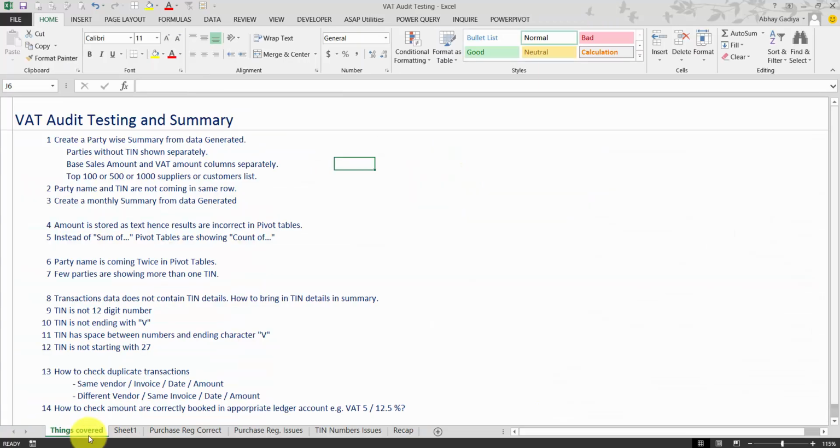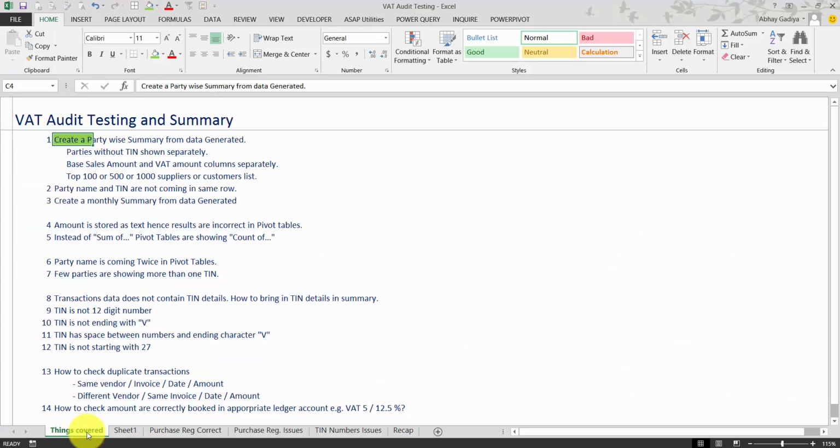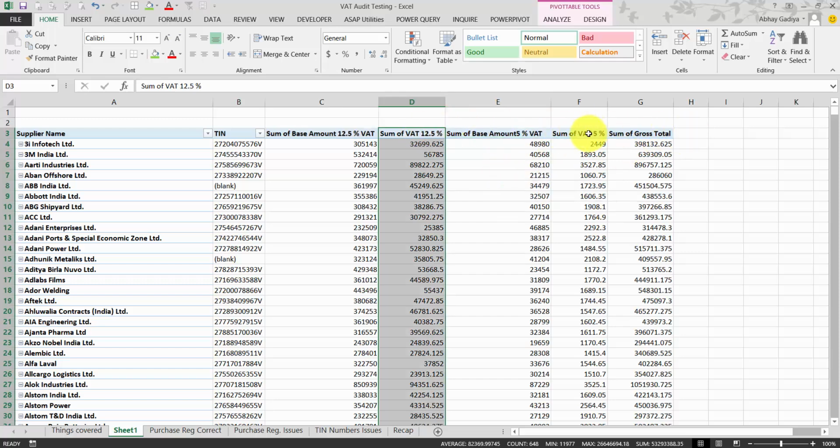So we have almost done with the first step over here, party wise creation of summary. Now the second step: I want to show the entities which do not have a TIN number separately. Then I want to sort out the top 100 parties or 500 parties, whatever the count you want, and that should be sorted separately. And the third thing is the base sales amount and VAT amount columns separately. So I would require a total of the base amount for 12.5% and 5% base amount as a